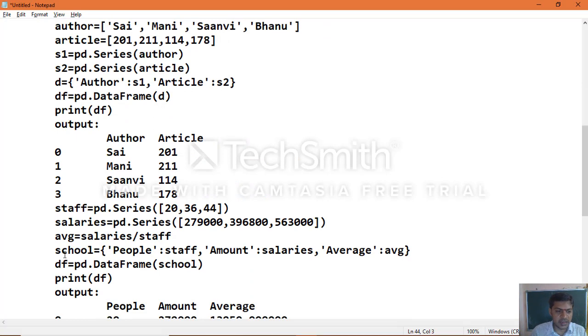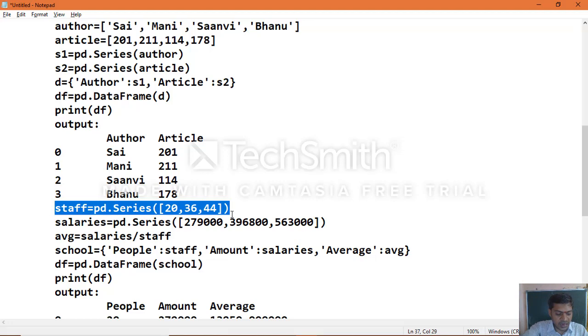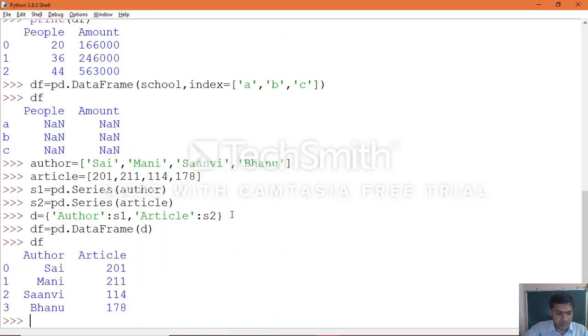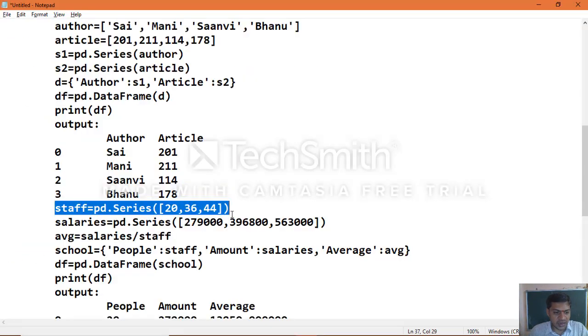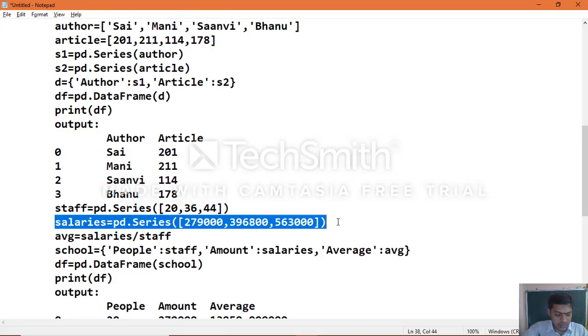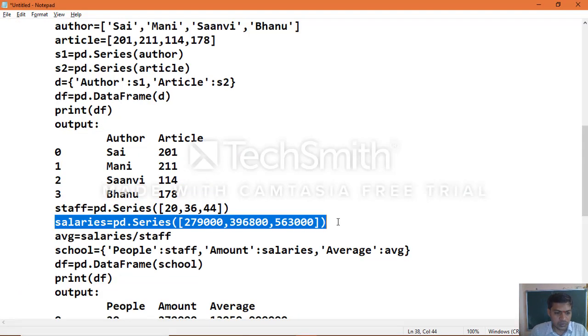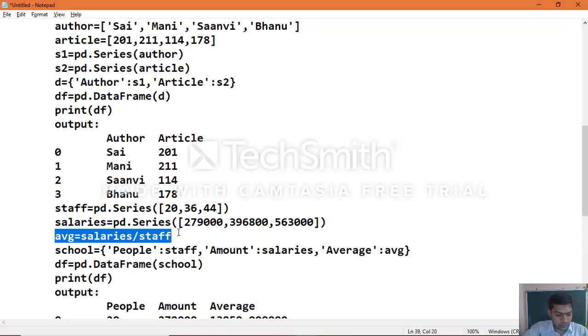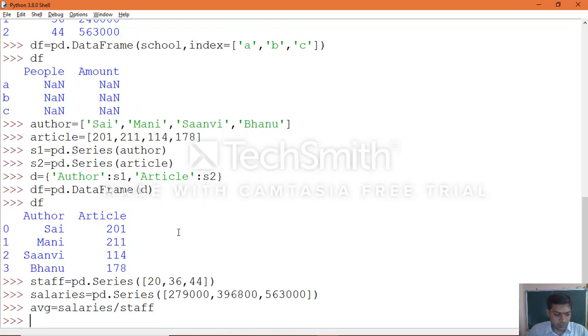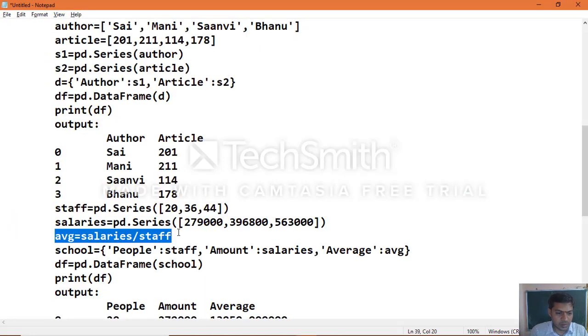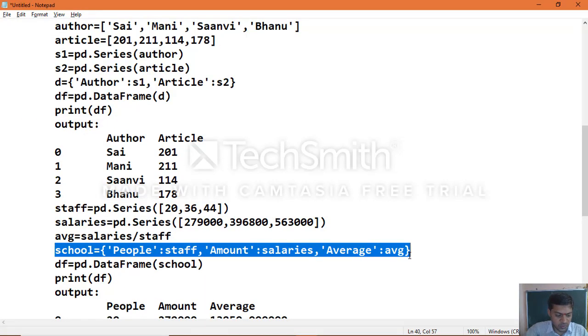Now in the same way, another example in the textbook was specified to calculate the average salaries of each branch's employees. Let's see how we'll get the output. We'll calculate the average. Then create the dictionary, that is organization or school.